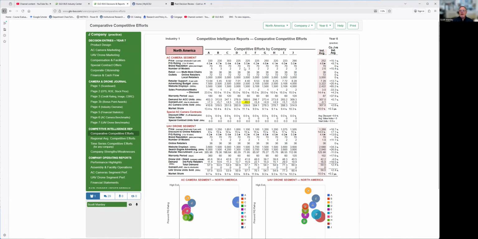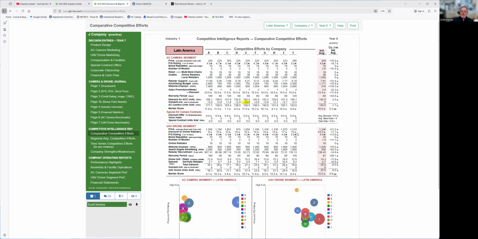Now, part of being a differentiated provider also means that you're going to get a premium price for your product. So as I look at this, I just want to make the point that even though company E had the most distinctive or different product at 5.5 stars, they did not charge a premium price for their product in North America, Europe, Africa, Asia, or Latin America, which is why they're not the differentiated provider. In this case, company C would be the differentiated provider.